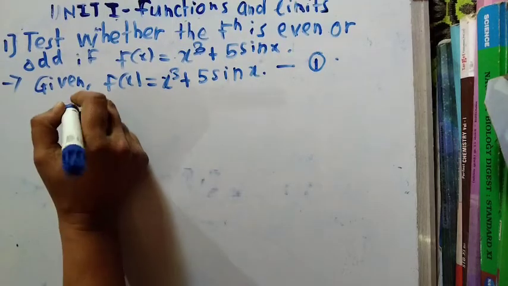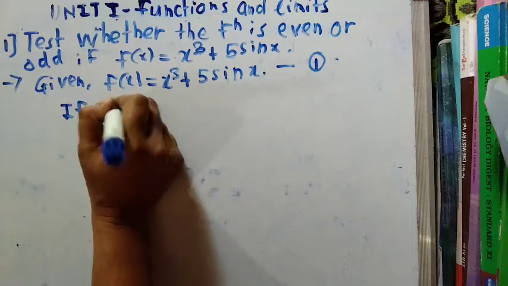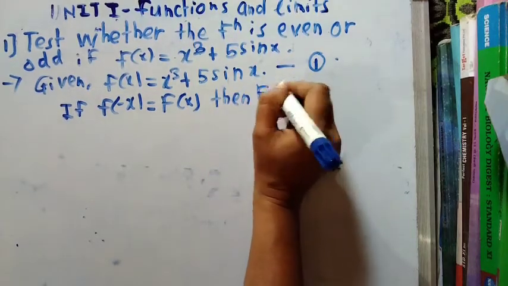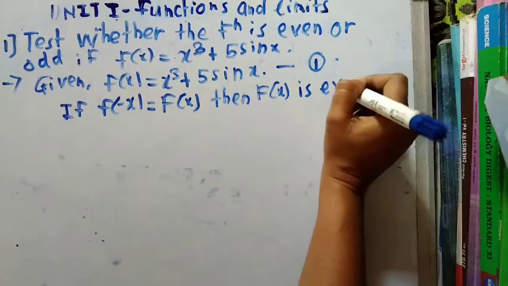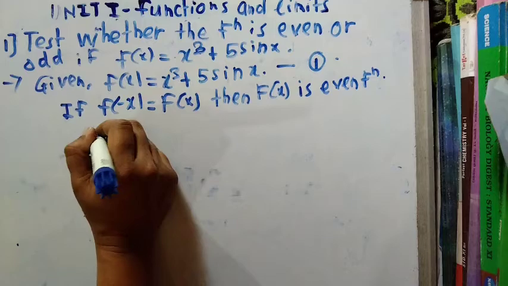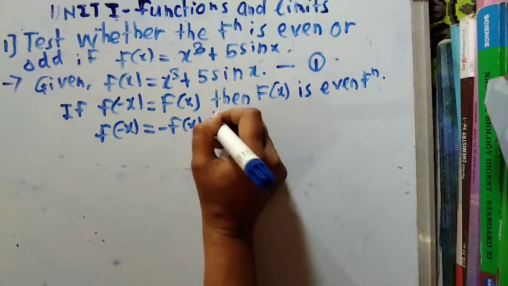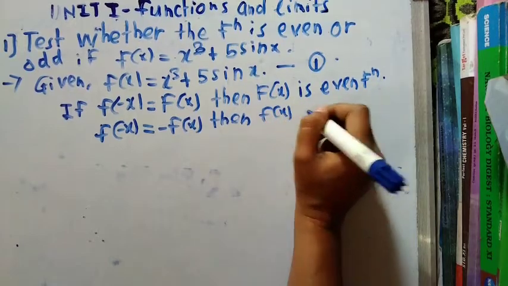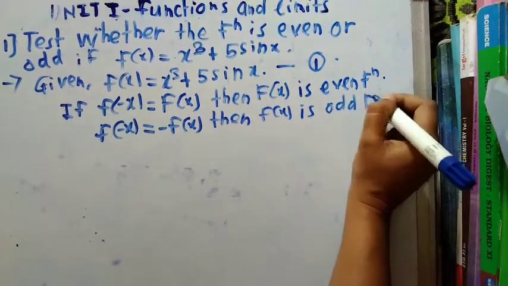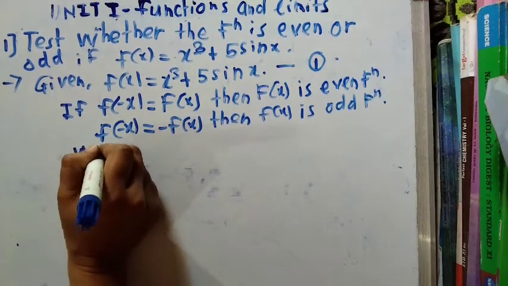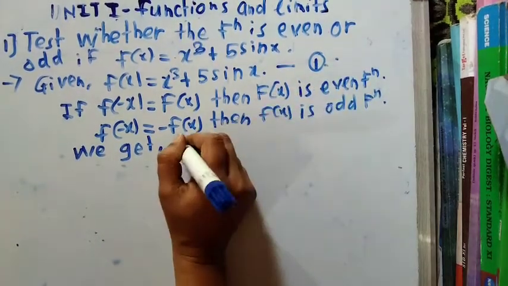Then we know that if f of minus x is equal to f of x, then f of x is an even function, and if f of minus x is equal to minus f of x, then f of x is an odd function. Then we get, from equation 1,